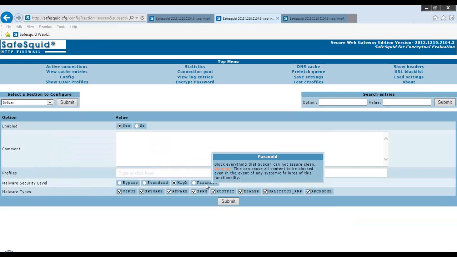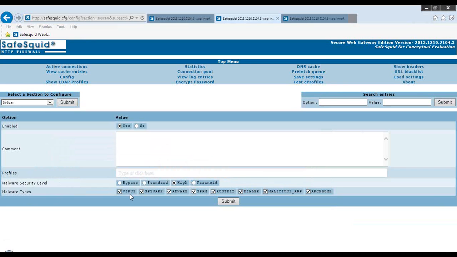But we have named it paranoid because you really have to be paranoid if you're going to be selecting the option. You've got options to decide what kind of content you want to block. Usually you would want to block all kinds of content, so that's what I have done, and all of them are selected. But you do have an option, you could individually unselect one of them for a specific profile because you knew a specific kind of content which was coming in was actually not a virus, but because the virus scanner was for some reason detecting it as virus, it was getting blocked, and you still wanted it to be allowed, you could do something like that.